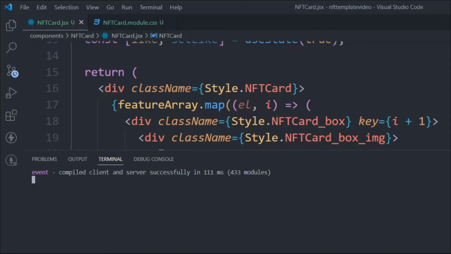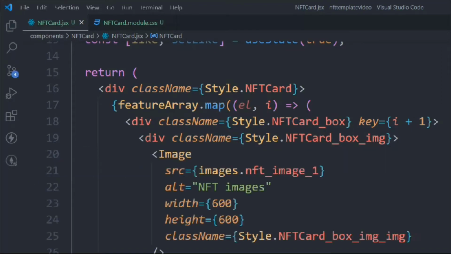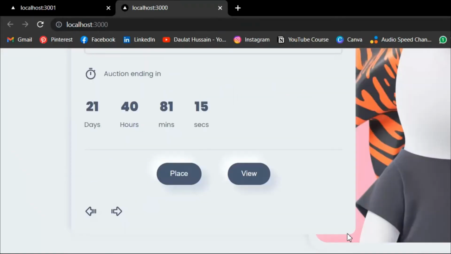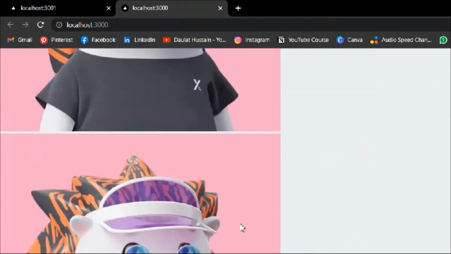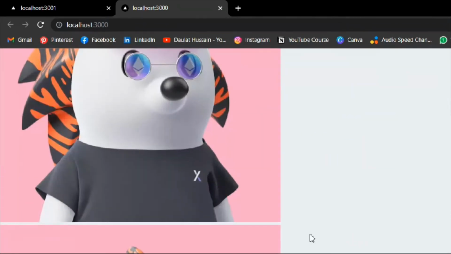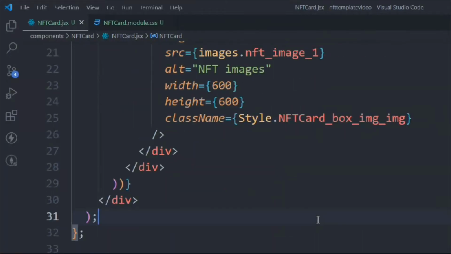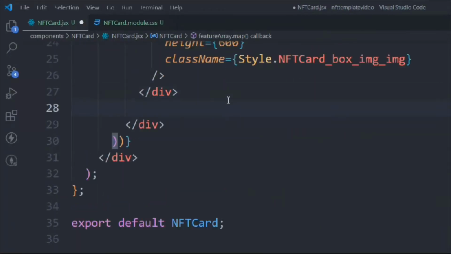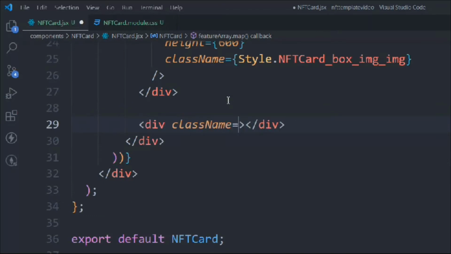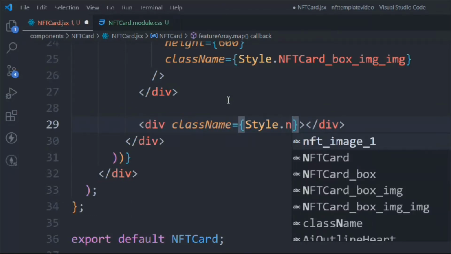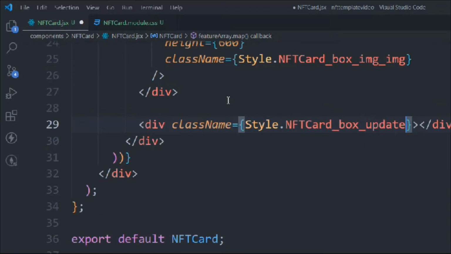So let's come back to the application and scroll down. You can see here we are easily able to render the images. Altogether we are rendering 9 images, so all the images we are displaying. Okay, that's working fine. Let's come down, we'll take another div, it will have a class called style dot NFT box update,